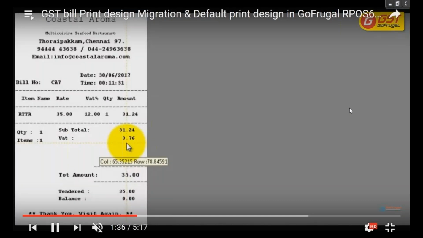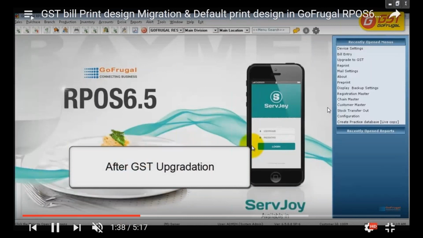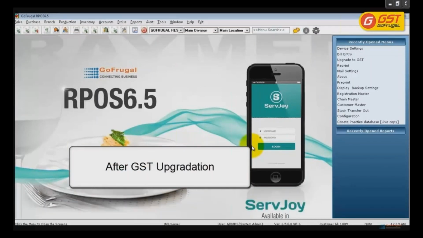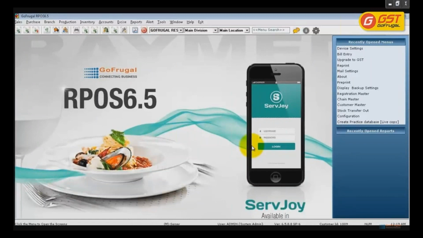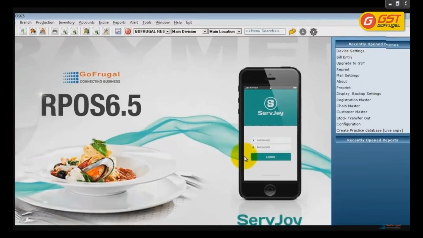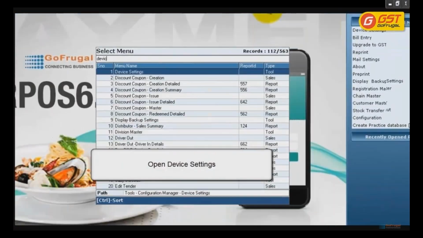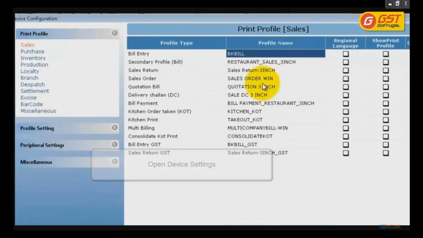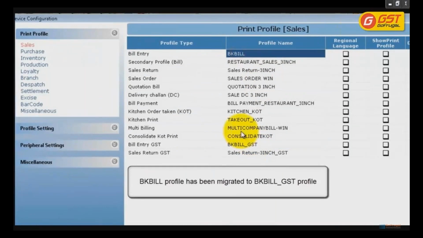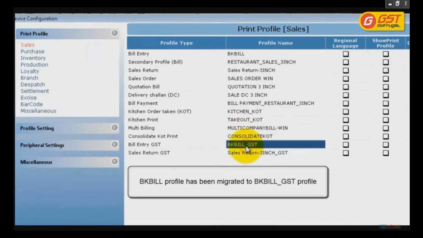So let us see how it will be after GST upgradation. Now we have updated the pass to the GST mode. So let us see how the GST bill print profiles migrated to GST mode. Go to the device settings, same as before: search and type device settings. Open device settings. Here you can see that the BK bill profile has been migrated to BK bill underscore GST,